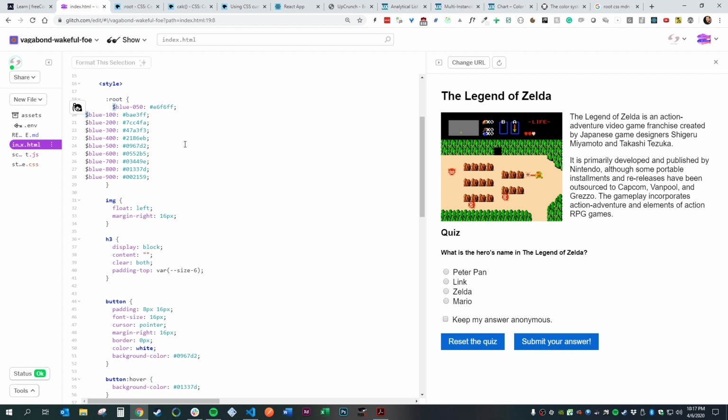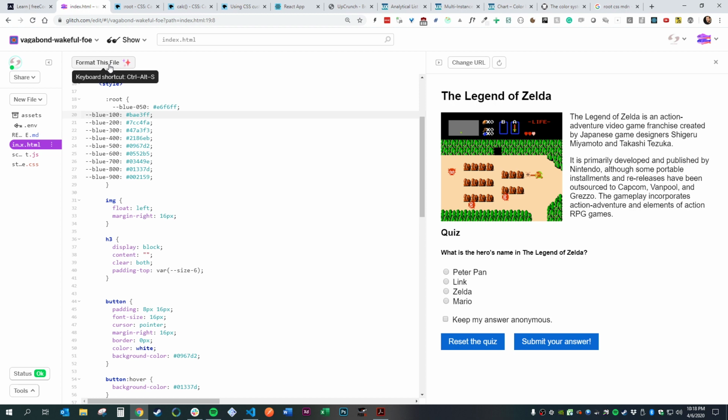I'm going to show you a trick. I'm hitting Control D right now, and on a Mac I think it's Command D, and that just selects all the similar elements until you say stop, and then you can just type what you want. So I'm going to type dash, and then I'm going to hit escape. So now I've effectively